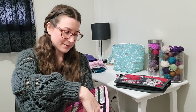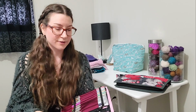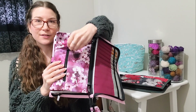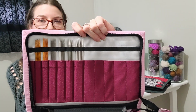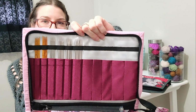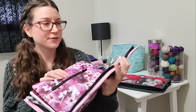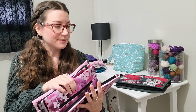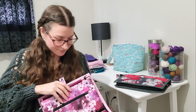What is this? Yeah, it's my needle gauge and my gauge swatch ruler thing. And then on the last page, it's got another pocket. I don't think I have anything in it. But then I've got, not all of them, but I think these are mostly my sock knitting DPNs that I don't actually use for socks anymore because I have, what are they called? No, the Addi Flexi Flips is what I use now. But yeah, so